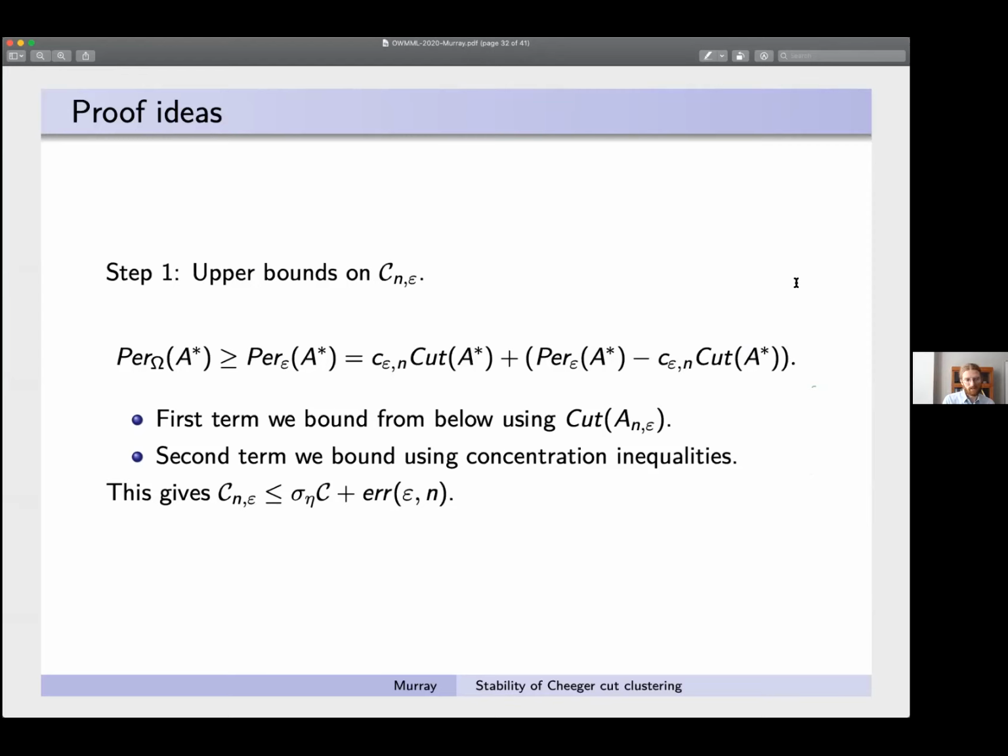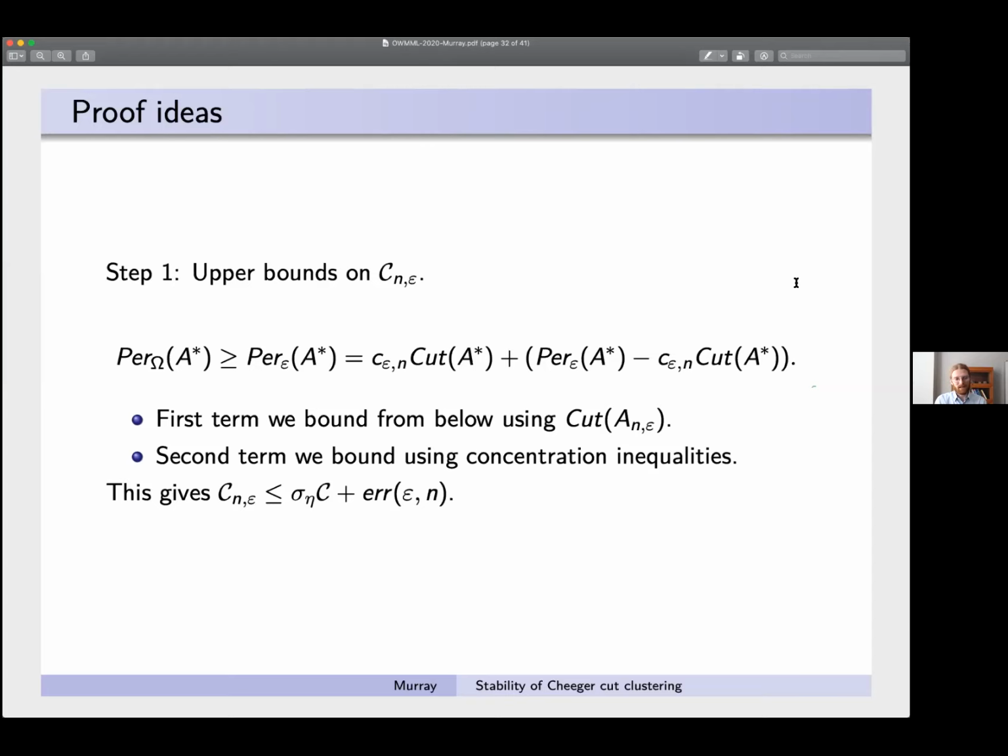So the first thing one needs to prove is an upper bound. Here, what one essentially does is replace the perimeter of the minimizing Cheeger set in the continuum with some non-local perimeter sub epsilon. This was the non-local approximation that involved eta, but still in the continuum. And then one adds and subtracts this rescaled cut energy. I may be suppressing some constants here, but I think the idea is pretty clear. The first term on the right-hand side of this inequality, you just say, well, because the A_n, okay, there should be a star there, because the minimizing Cheeger cuts,